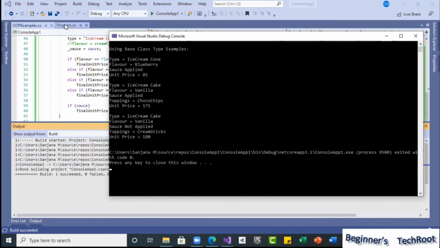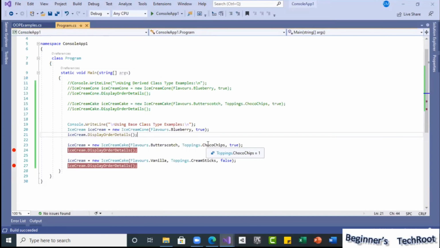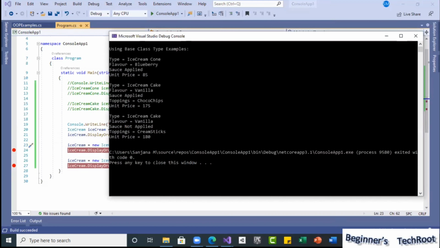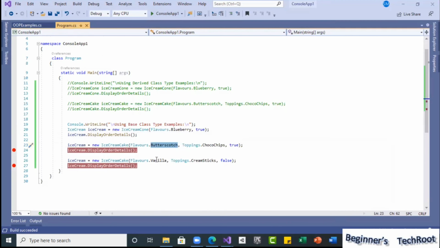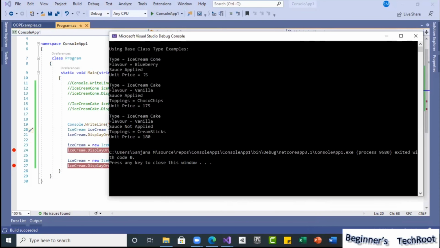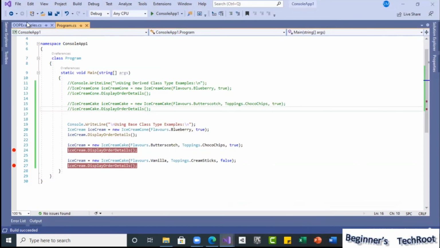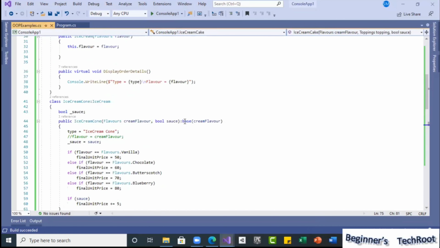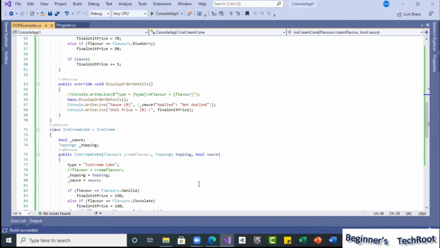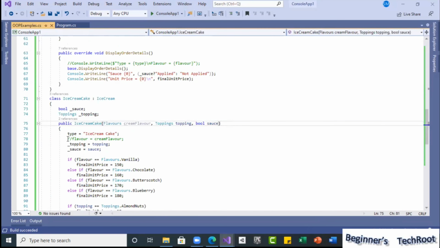Whatever we selected, we didn't get. Okay, because we commented that line, and we didn't call the base constructor. See, we were supposed to get a butterscotch, but we didn't get it, we got a vanilla only. For both we got vanilla only. But for this, whatever we selected, a blueberry, we got it properly for a cone, because for a cone we used this base constructor call, as we commented here. Similarly, if you do it here, it will come. Or if you uncomment this, it will come.